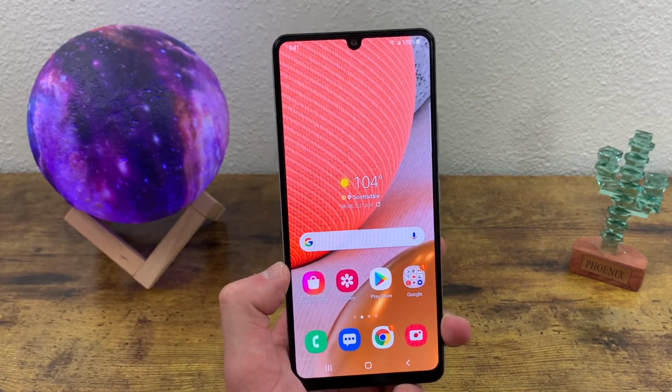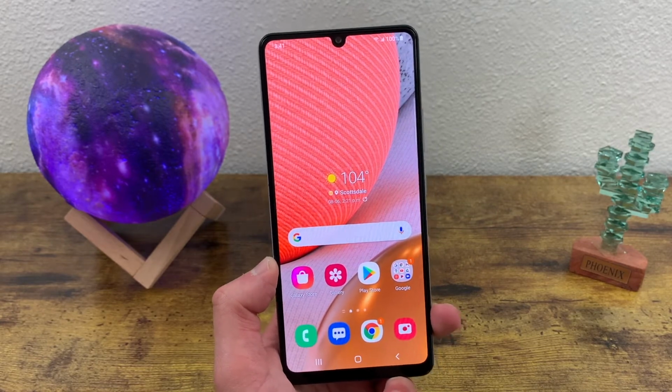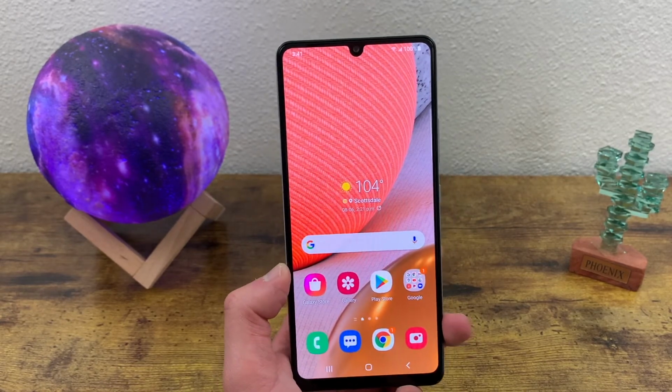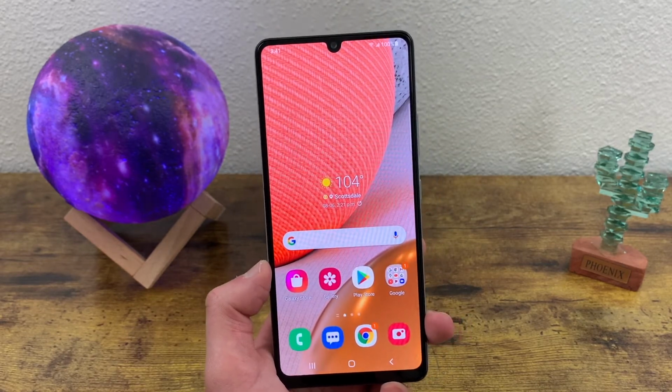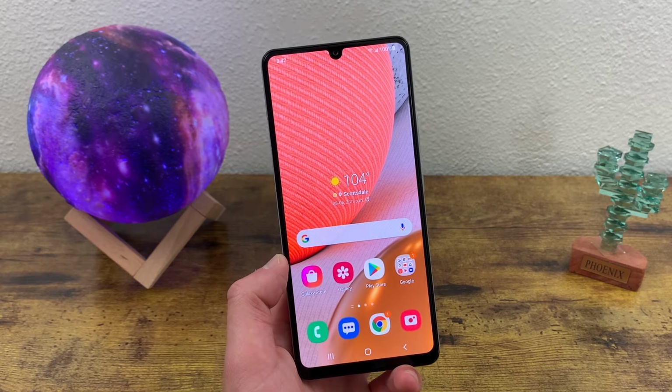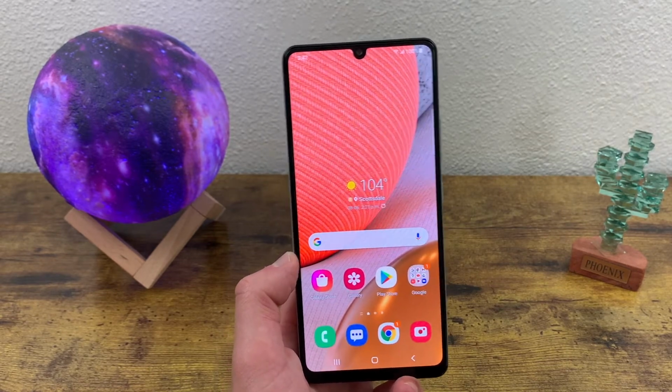You're gonna be able to take some real nice pictures. So if that's your thing, if you do want to take a bunch of good pictures to keep, maybe for social media or something like that, then you're definitely gonna like this phone because it can take some real good ones. And if you're into videography and that sort of thing, it's gonna be even better because this phone can